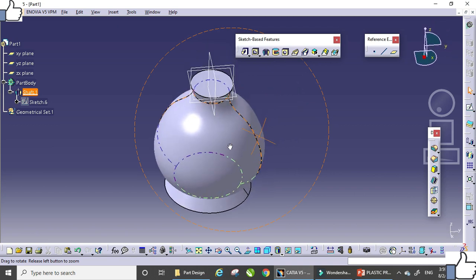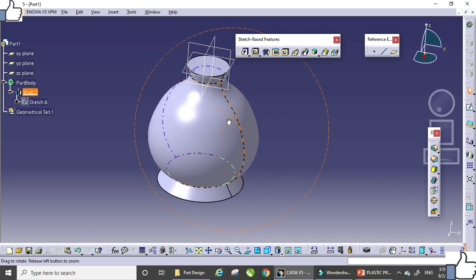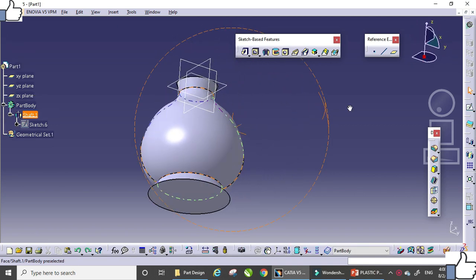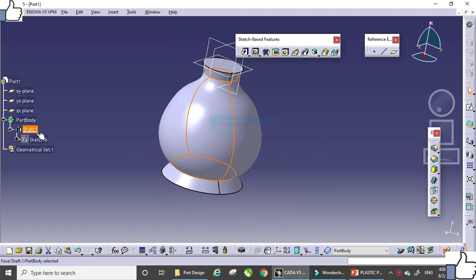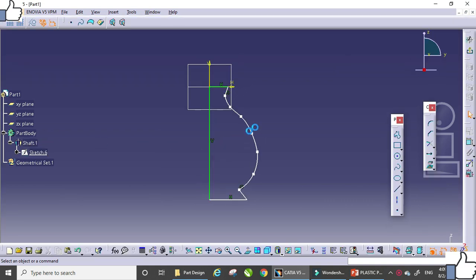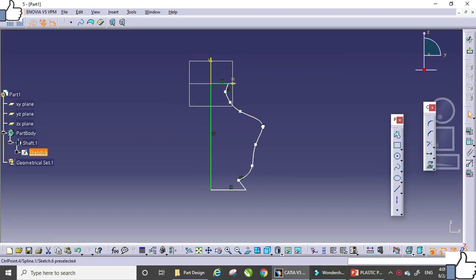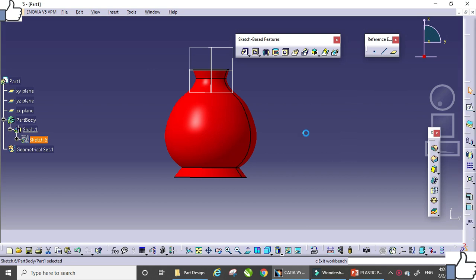This interesting profile can be created by using the shaft. Such profiles can be created by using shafts. So let's re-edit this one, and just exit.